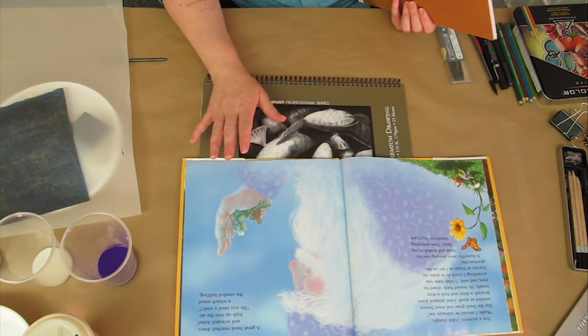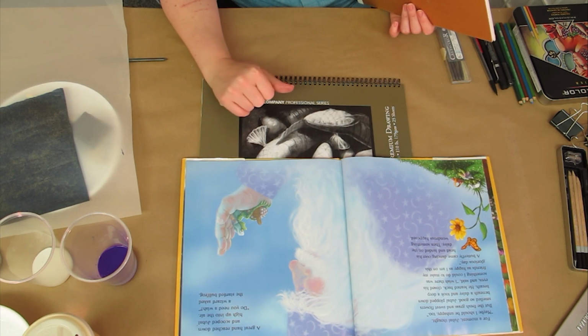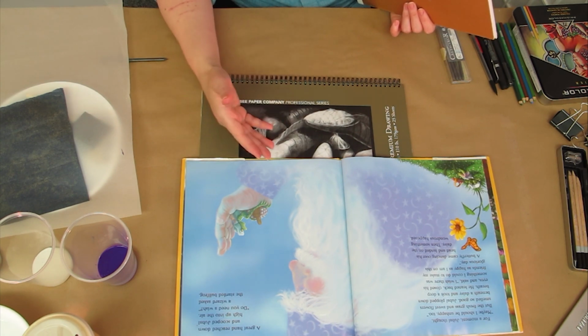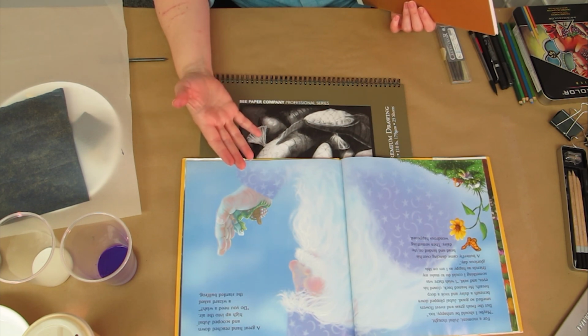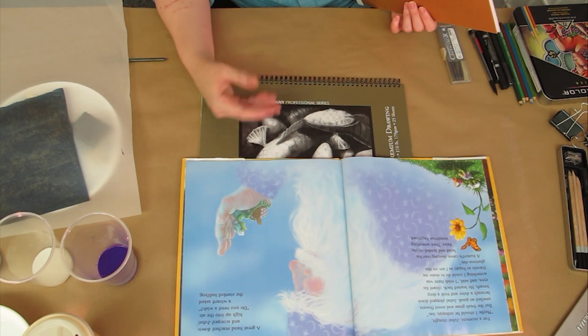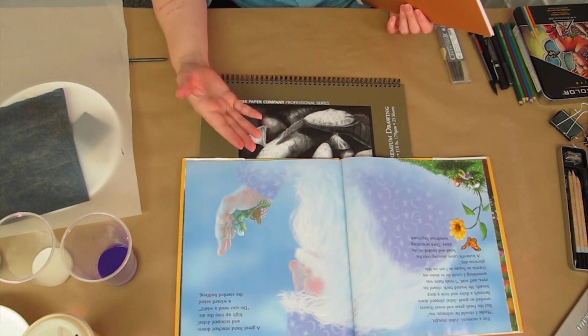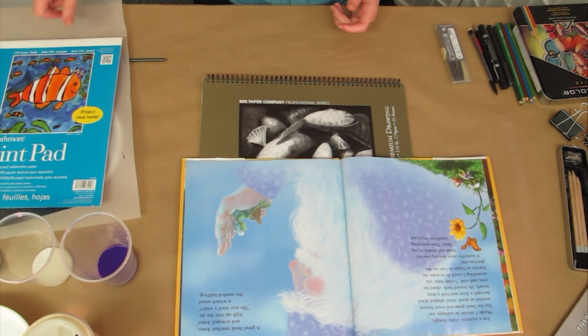And one of the great things about this technique, we're going to do some tracing and some transferring, is that you can just repeat the same concept in different styles and see what you like, or even do a series. So it's a really great way to become comfortable with different techniques, to experiment, and to explore your ideas. So having said that,